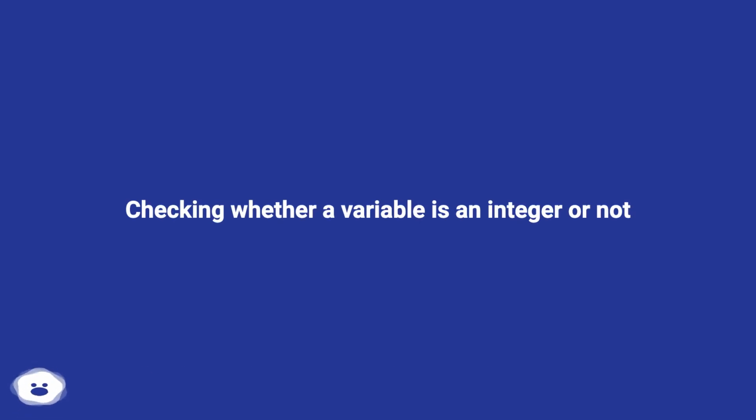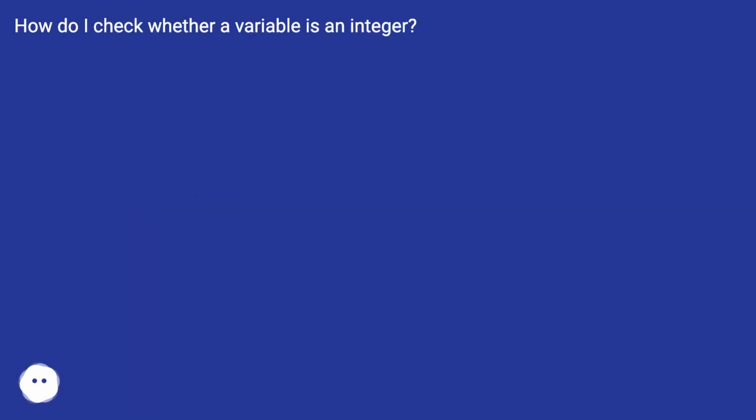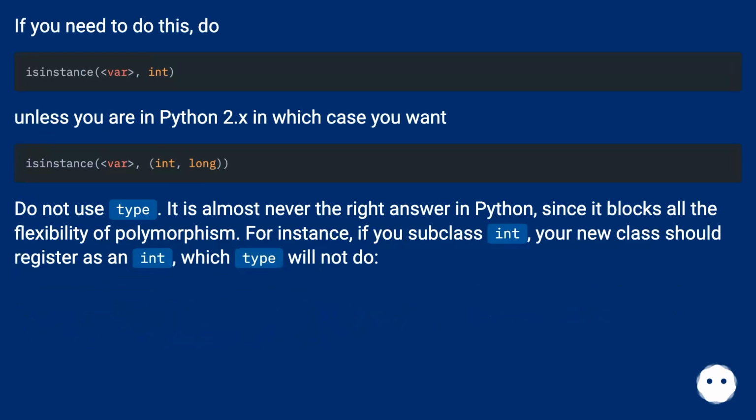Checking whether a variable is an integer or not. How do I check whether a variable is an integer? If you need to do this, do